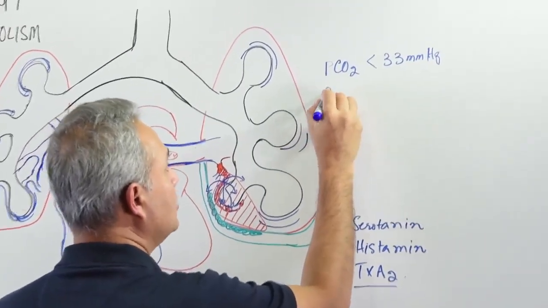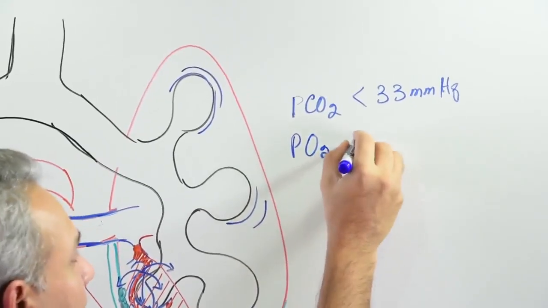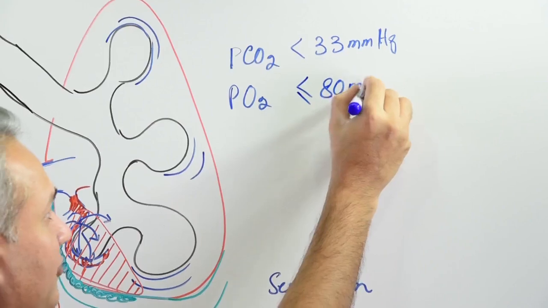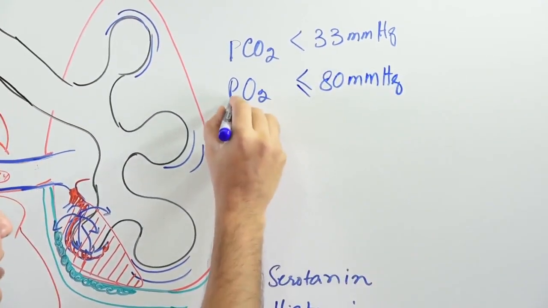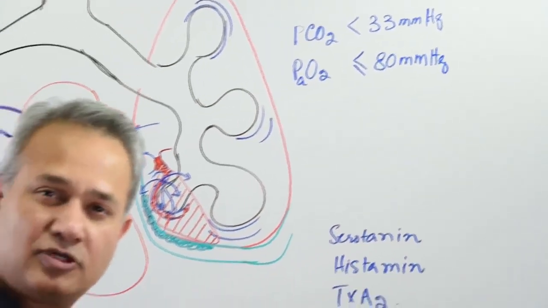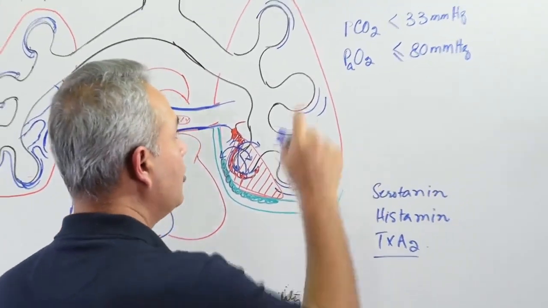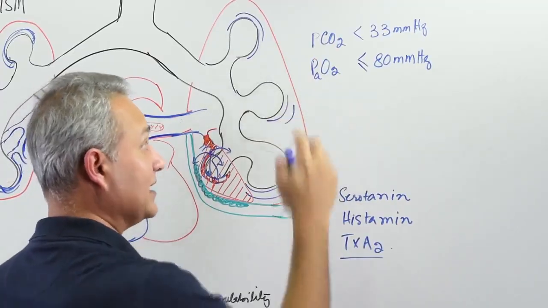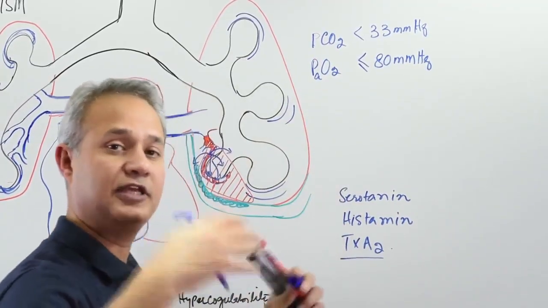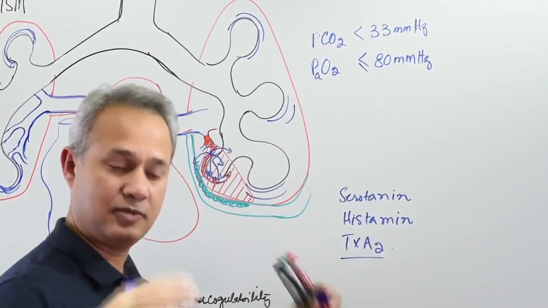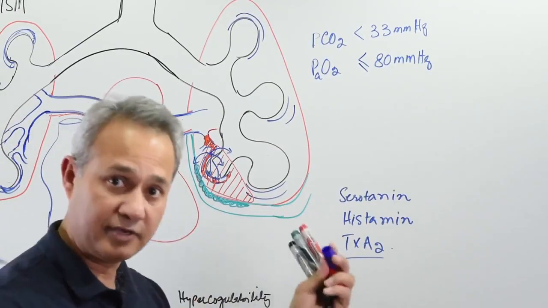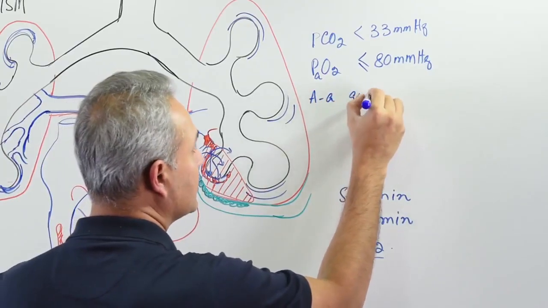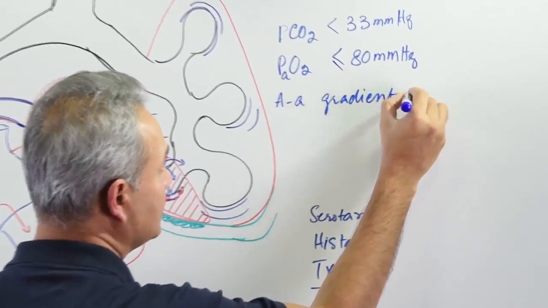Then the PO2 levels are usually lesser than or equal to 80 millimeter of mercury instead of, and this we are talking about arterial, instead of about 100, 104. Of course this means respiratory alkalosis will be present. Of course this means that we have an AA gradient problem now, because hopefully the environment does not have a problem. We are talking about a person in the normal healthy environment. So the AA gradient will be widened,